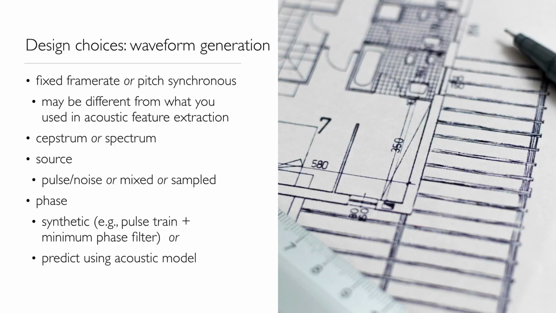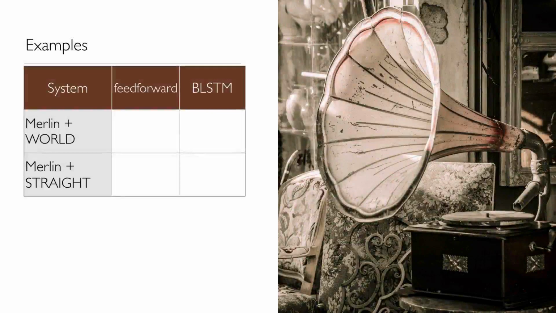Okay, so now I'm going to show some examples. We have the systems Merlin plus WORLD, and also Merlin plus STRAIGHT. STRAIGHT is a vocoder, pretty standard, but it's closed source. You need to pay for that. But it's pretty standard. There are recipes in Merlin as well. So let's listen to examples with feed-forward DNN